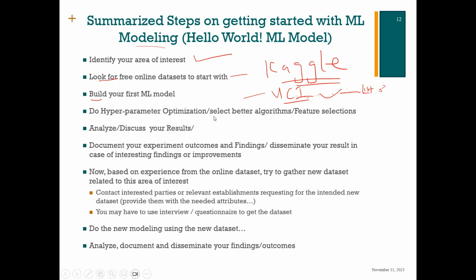Do your hyperparameter optimization. This is very important. Hyperparameter optimization means that you have to identify the hyperparameters for that algorithm. When you're building your first model, always start with a simple algorithm. This is the principle of machine learning. The simple algorithm is KNN, K-nearest neighbor, which is like, show me your friend, and I tell you the kind of person you are. So select that, run it, and see how it is working. Then you can move towards more complex algorithms.